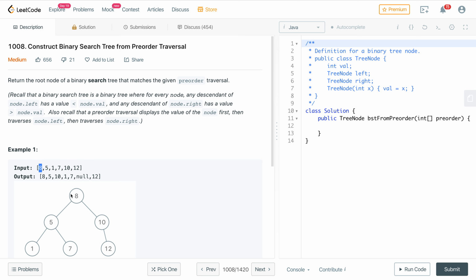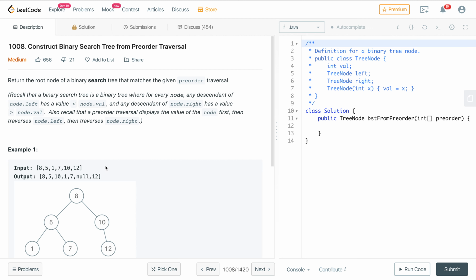In case it does, we will create a node out of it, and we will call for the left part and the right part accordingly. When you are calling for the left part and the right part, you have to increment index by 1, so it will point to the next node. When you are calling for the left part, you know that all the nodes in the left subtree must have value less than 8, so you will update the value of max for this recursion. Similarly, all the values in the right part are going to have value more than 8, so you are going to update the value of min for this part.